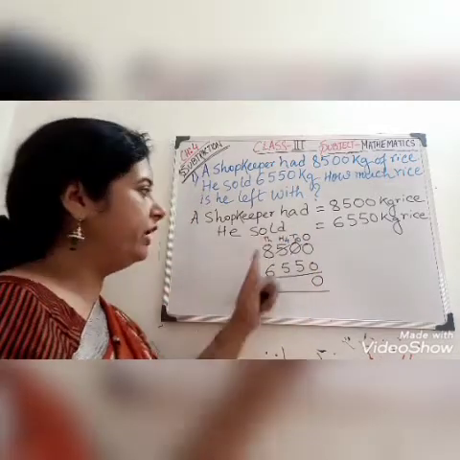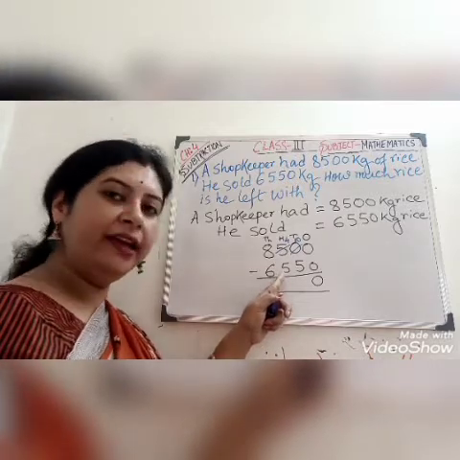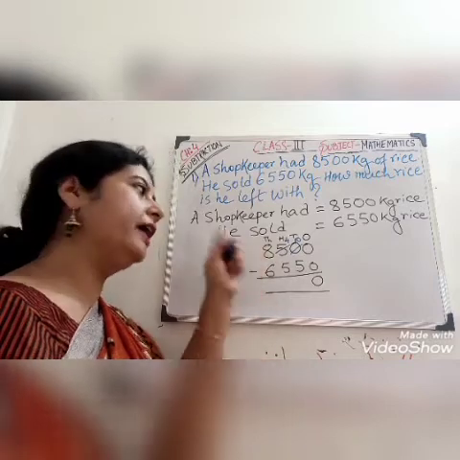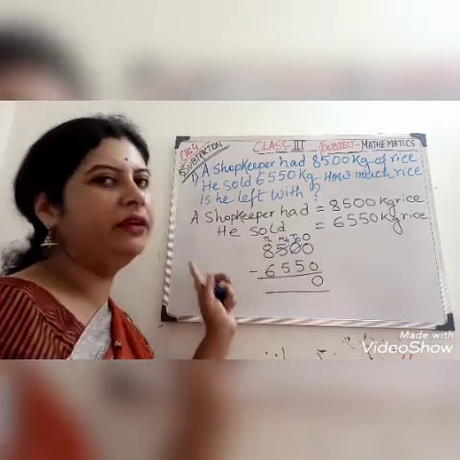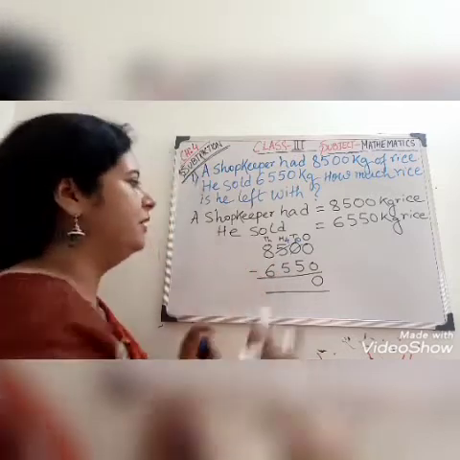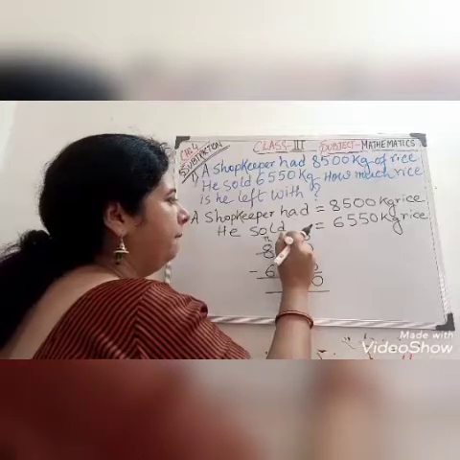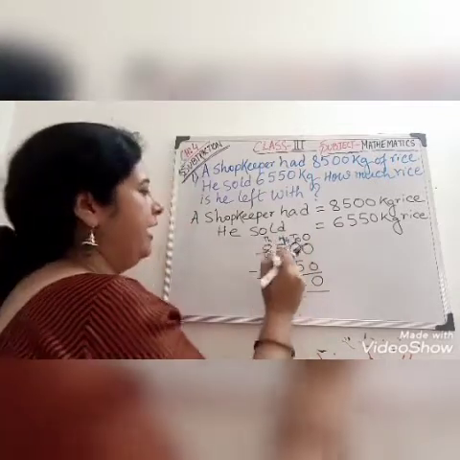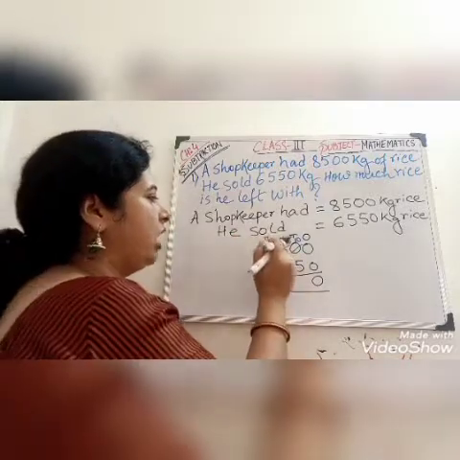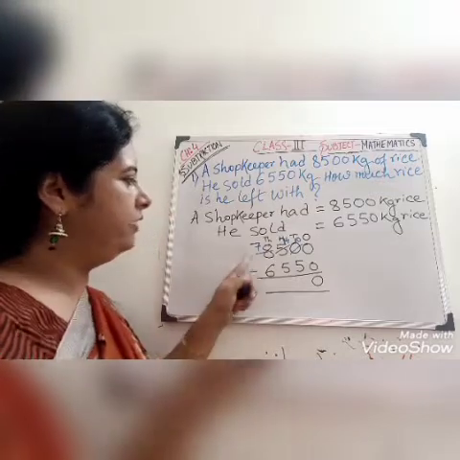Okay. Now if 4 is left, again you observe the subtrahend is bigger and the minuend is smaller. Then what will we do? Again we borrow 1 from the nearby place. And here the nearby place is the thousands place. So again we take 1, make it 14, and if 1 is subtracted from 8, how much is left? 7.